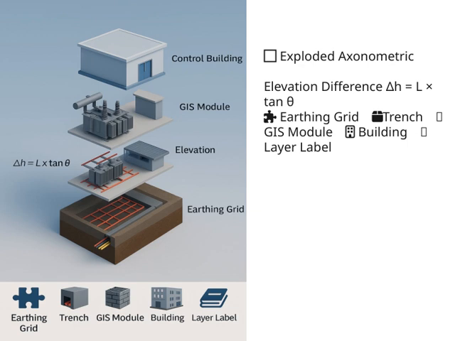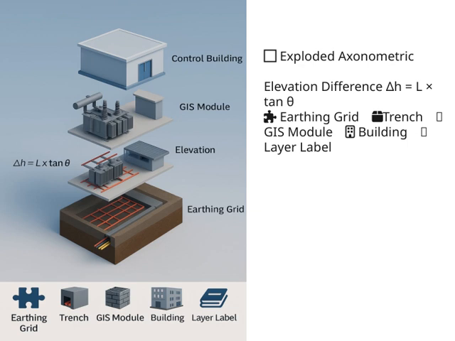This helps us understand how components are vertically spaced. You'll notice the various symbols, like the earthing grid, trench, GIS module, building, and layer labels, all of which are essential elements in our design. The earthing grid, for example, is crucial for safety, ensuring proper grounding. The trench represents the physical pathway for cables, and the GIS module is where all the management